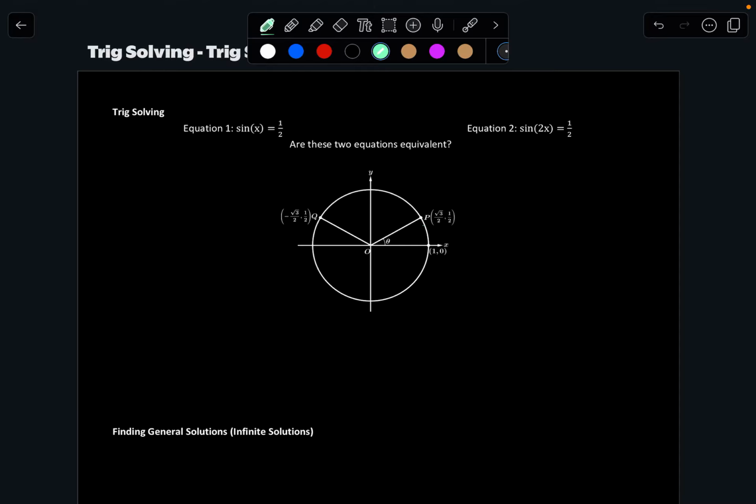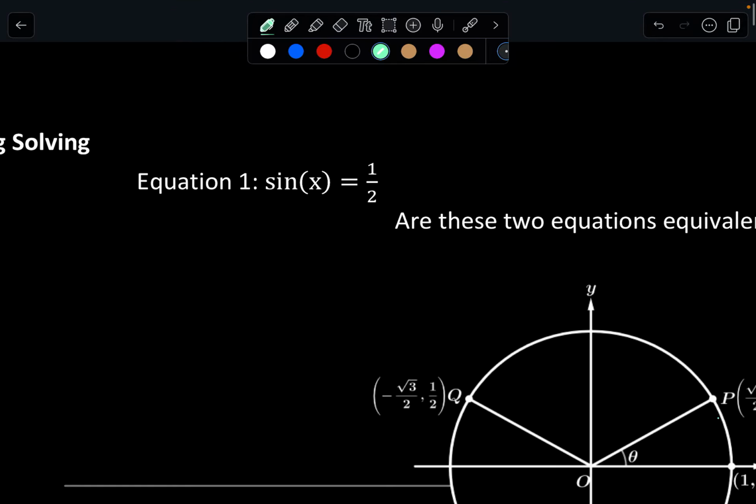So this is the first video for Unit 15, which is trig solving. And the first example that I want to look at is sine of x is equal to 1/2. So in the previous units, in order to solve this, we think about what angles will make this statement true. So sine of x equals 1/2 is going to be